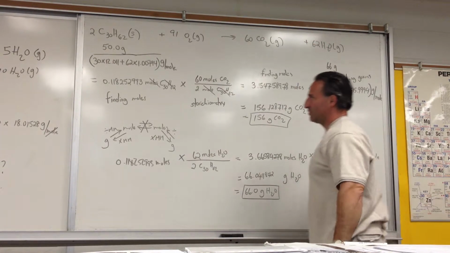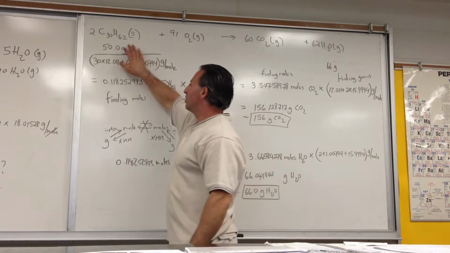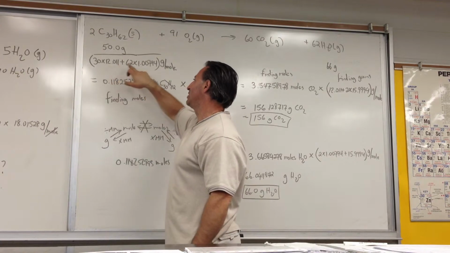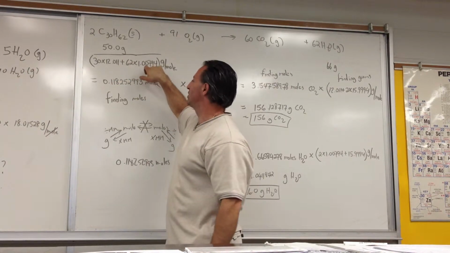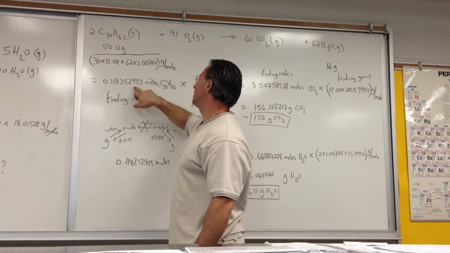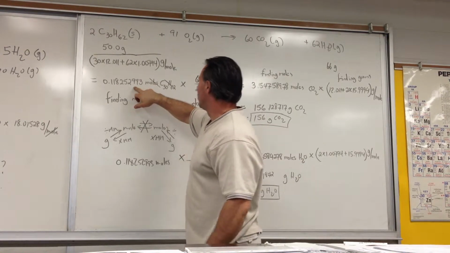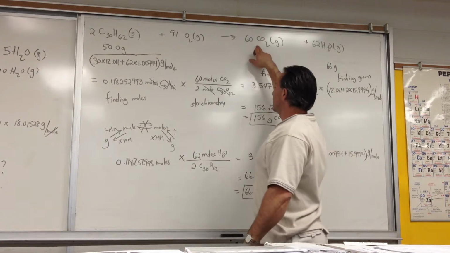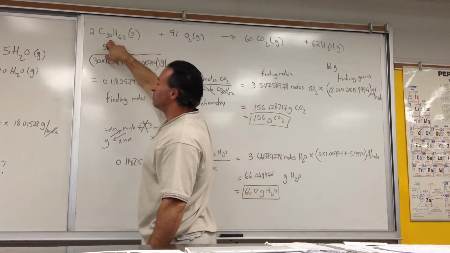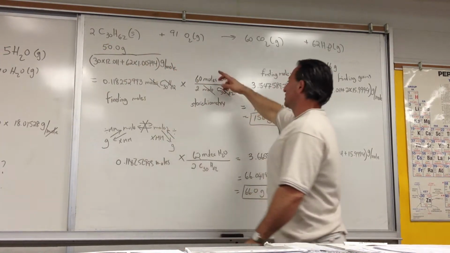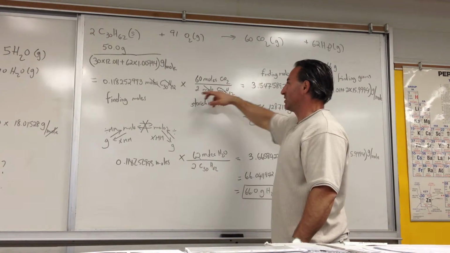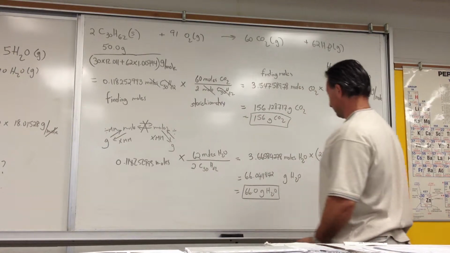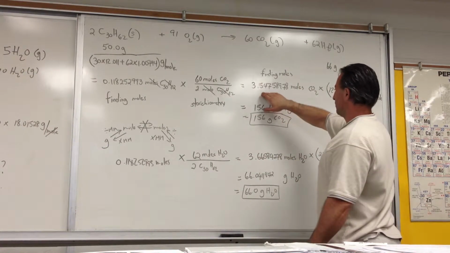In the question, we're asked 50 grams of trioxane is burned, so we're going to find out how many moles of trioxane we have. 30 times the molar mass of carbon plus 62 times the mass of hydrogen gives you the molar mass of trioxane. We find out there's 0.118 moles of trioxane. The stoichiometry is 60 moles of carbon dioxide produced for every 2 moles of trioxane burned, so multiply this by 30 essentially. This number times 30, because 60 over 2 equals 30, tells us we have 3.54 moles